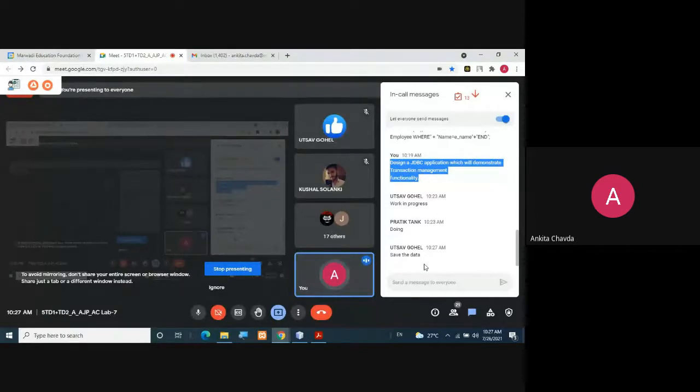Suppose I give you the example of the ATM. If a user has an account in the bank, and somebody takes some money from the ATM, let's say 500 rupees, it should be debited from his account at the same time.